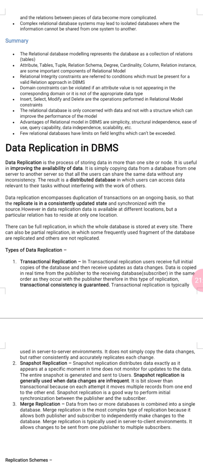Insert, select, modify and delete are the operations performed in the relational model. The relational database is only concerned with data and not with a structure, which can improve the performance of the